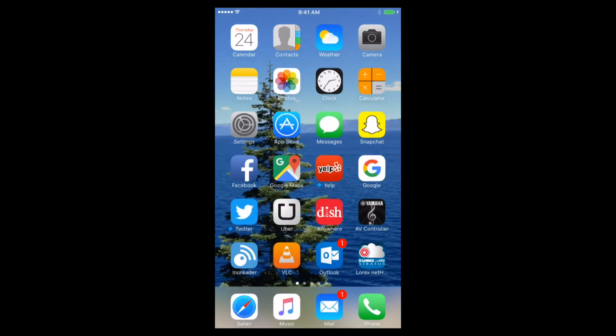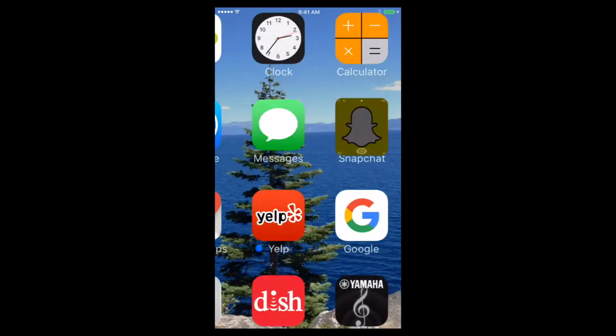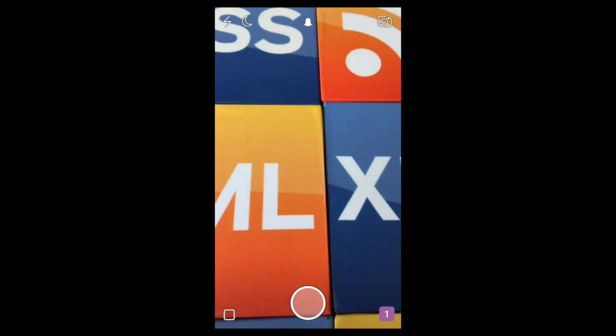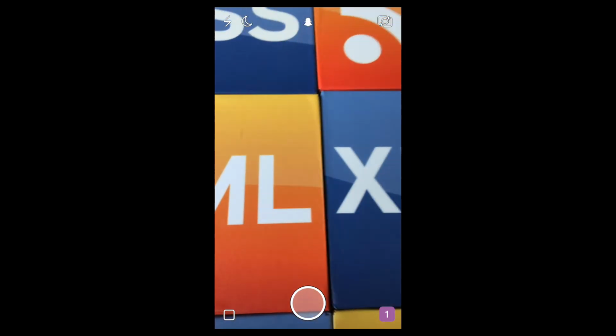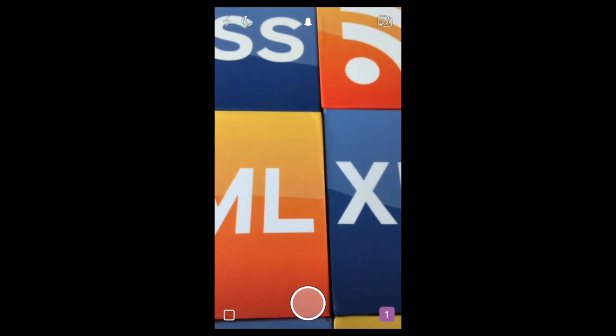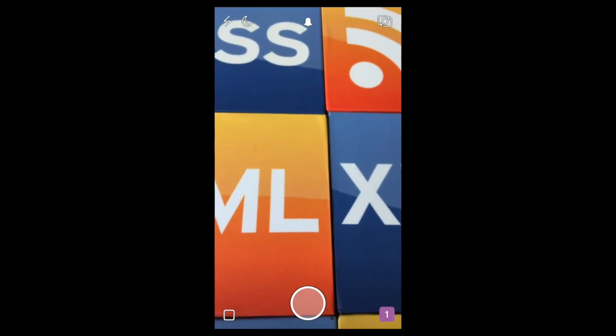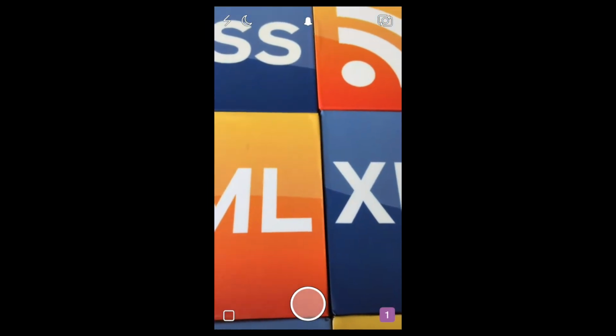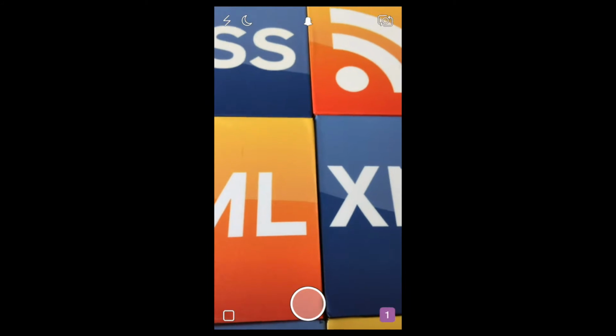So the first one we're going to look at here is Snapchat. Snapchat is used by about 100 million people every day. Half of those people are 18 to 24, 70% female. Very, very desirable demographic. And so when you open Snapchat, you land on this screen that we're showing here with